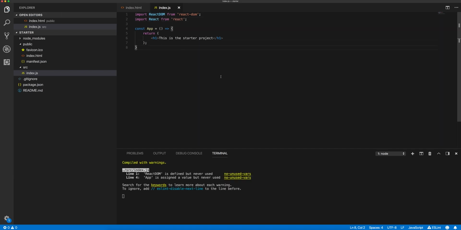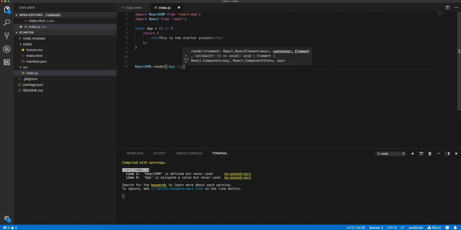Now, while this is going to compile, I'm still not in any way getting this content to show up over here, right? To do that, I need to add one more line at the end of index.js, and this is as follows. I'm going to work with the React DOM object, and I am going to render something. Render is a specific function that's available as part of the React DOM that'll take this and render it on index.html. And what I want the render function to do is render certain aspects of my function, which is I want it to render the app function,